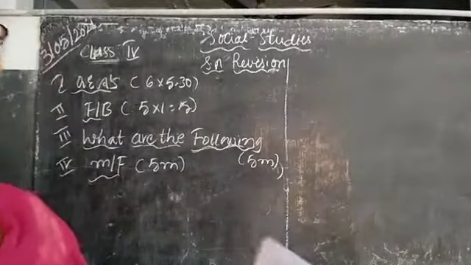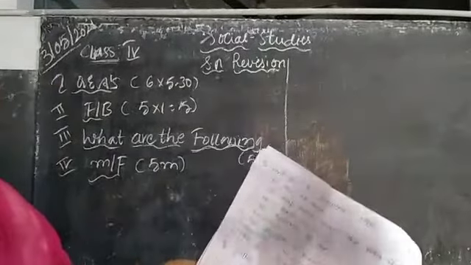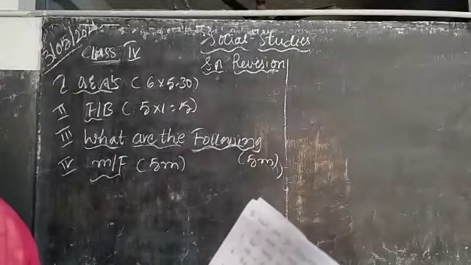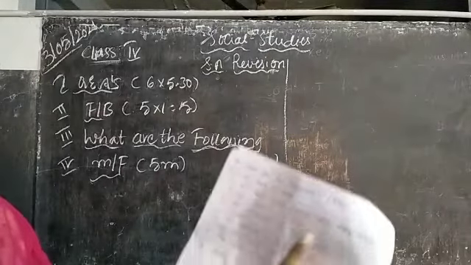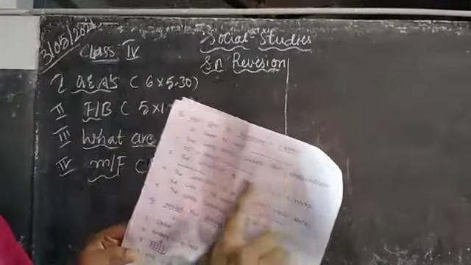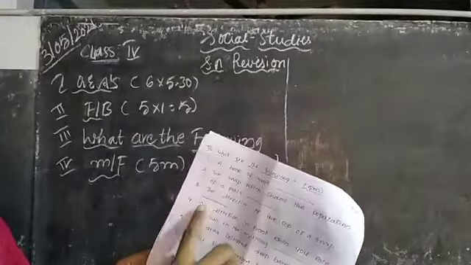Third bit, what are the following, 5 marks? Means just like fill in the blanks. The book of maps dash. The map which shows the population of a place dash. The direction of the top of a map dash. The direction in front when you face the sun in the morning. The area colored deep brown dash. This is fill in the blanks only. Already this is a classwork for everyone, children. Please go through that.